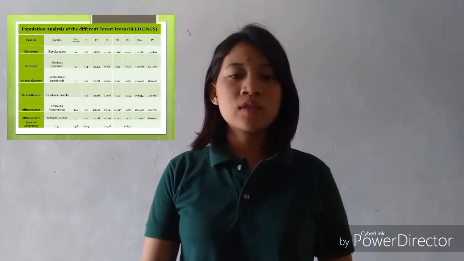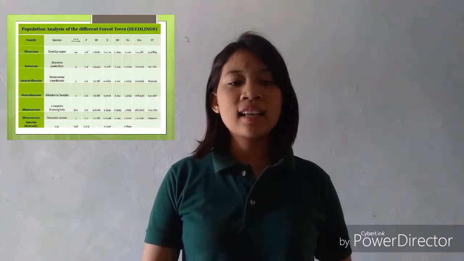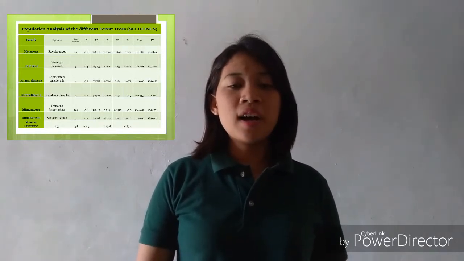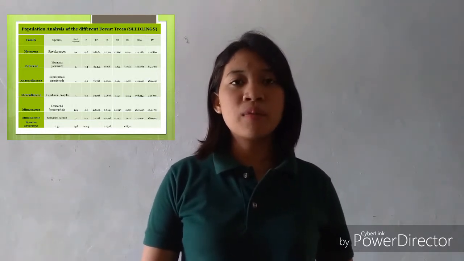Table 2.1 clearly showed the computed population diversity analysis of forest trees present in the northeastern slope of Mount Arayat in terms of seedlings. Among the 8 species of forest trees that were identified and classified in the research, Streblus asper and Leucaena leucocephala obtained the highest frequency of 0.6, while Murraya paniculata got a frequency of 0.4. Semecarpus cuneiformis, Kleinhovia hospita, and Samanea saman obtained the lowest frequency of 0.2.